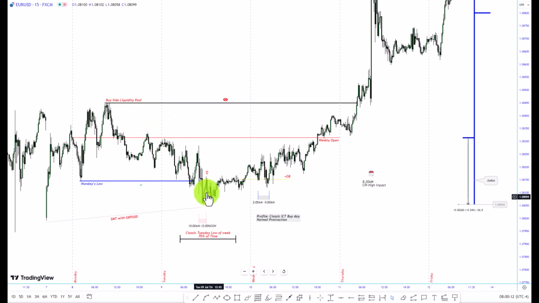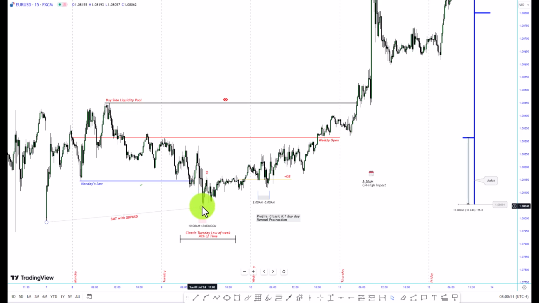Now on Tuesday, the market gave us the low of the week, and I had it prior. So the market opened at the weekly opening price, Monday accumulation, Tuesday manipulation. 70% of the time the market will create the high or the low of the week on Tuesday. Now GBPUSD, consider this low. GBPUSD, if you overlay the SMT, went below this particular low, whereas EURUSD that you're seeing here failed. That is a crack in correlation. That is the smart money divergence, and it also gave us extra confidence that the market was predisposed to be moving to the upside.